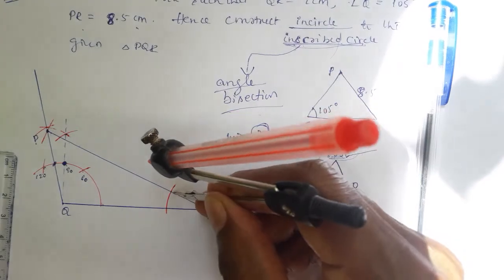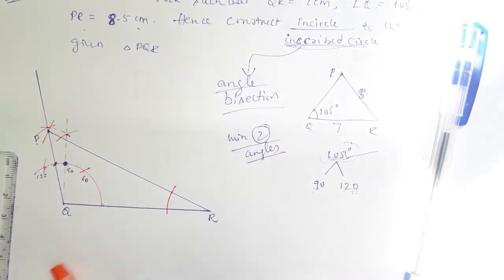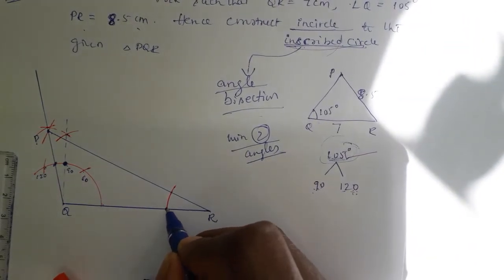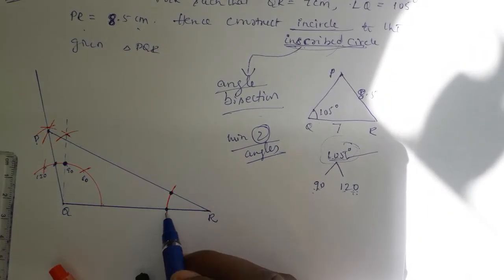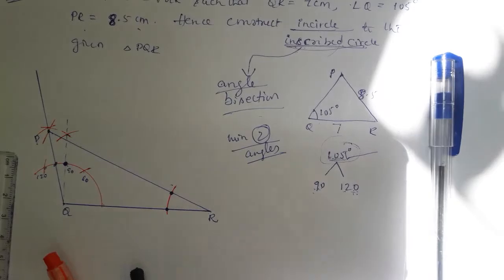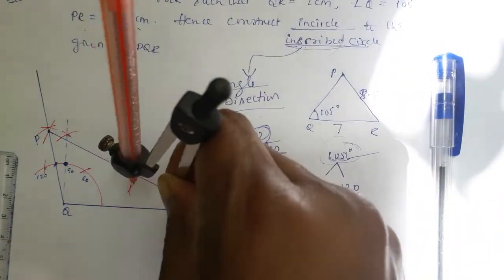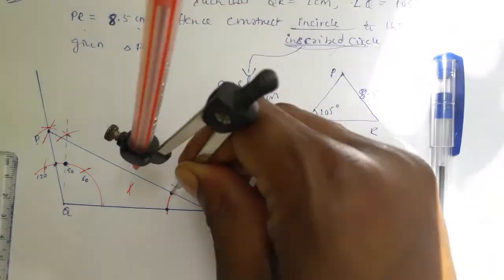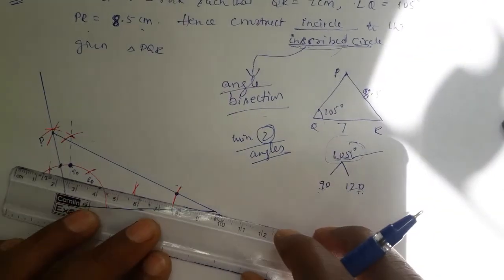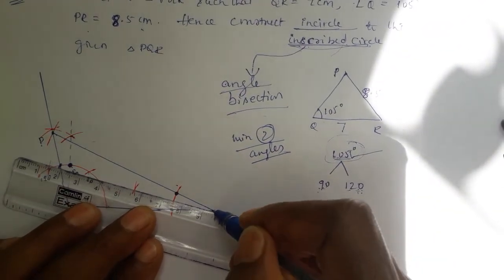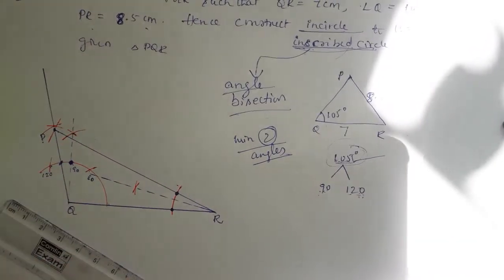Next, with the same measurement, keep it here, at this point. That means where the side and arc meet. See, this arc meets the sides at 2 points. Are you observing? From R you drew one arc, and that arc meets the two sides at 2 points. So next you keep the compass at the first point and draw one arc, and at the second point draw one arc. And now join R and that point, like this.